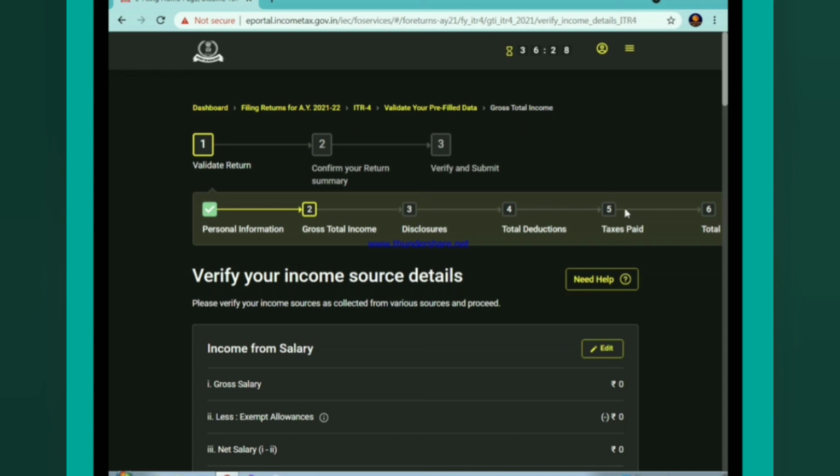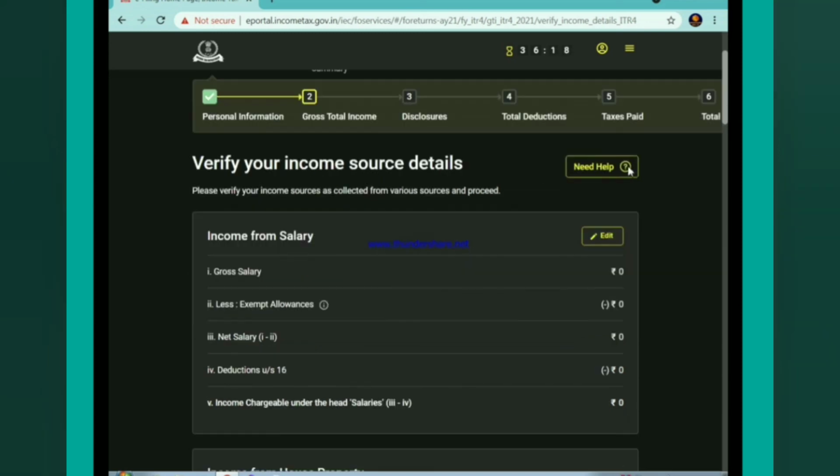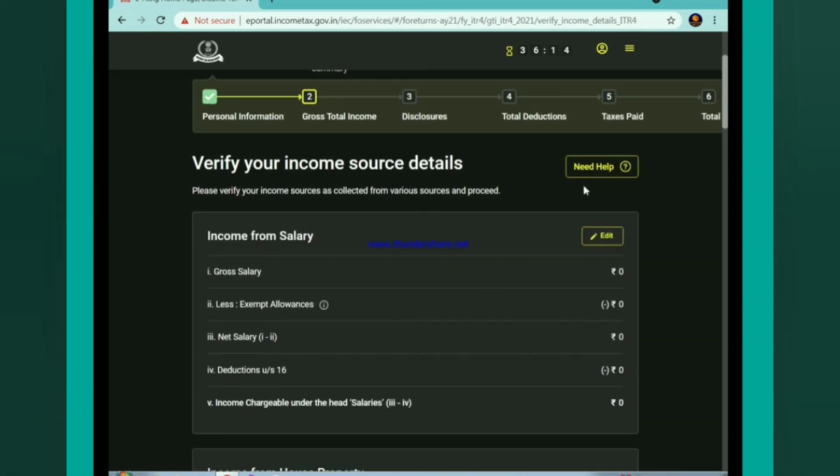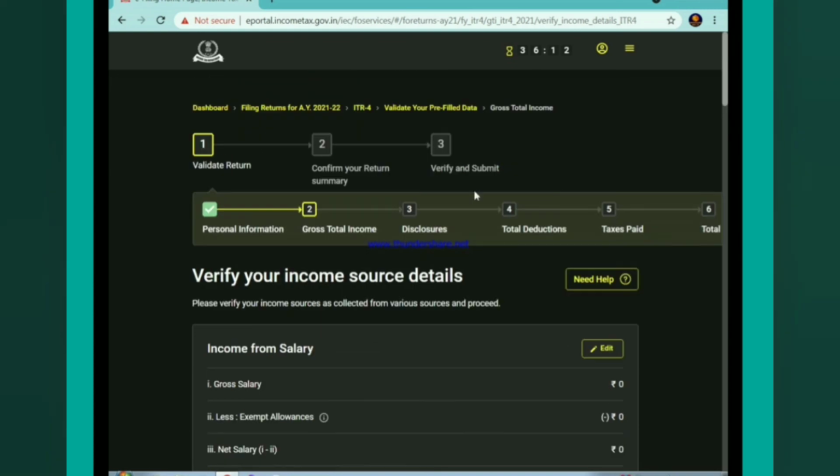I am also not filing my ITR right now because there might be a few glitches in the website. While I was using this website, I found a few drawbacks in this. So I thought that the government will go through this website again and reconstruct and fix these bugs.